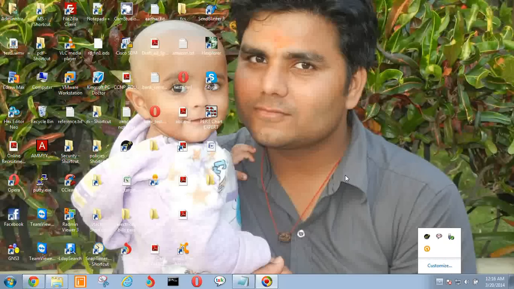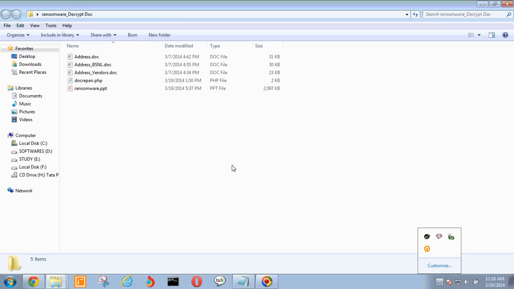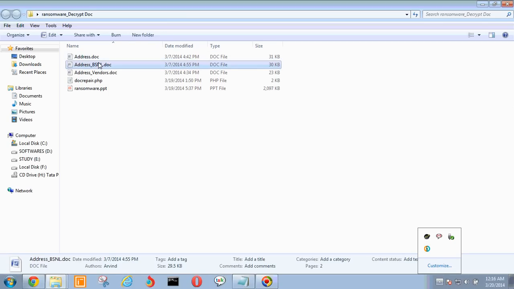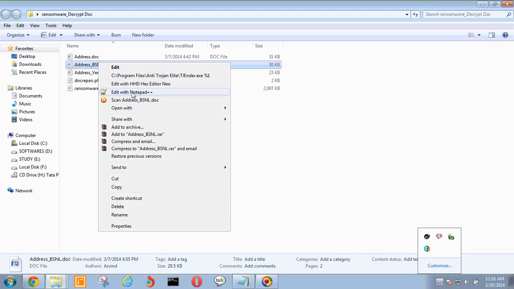I have some files available with me which have been corrupted by How Decrypt ransomware, and the basic idea behind getting the original file back is that we have to find the actual data within our files. Actually, what I have analyzed is that How Decrypt ransomware, for document files, does not delete the actual contents, but it inserts the actual contents as a whole block within the file.